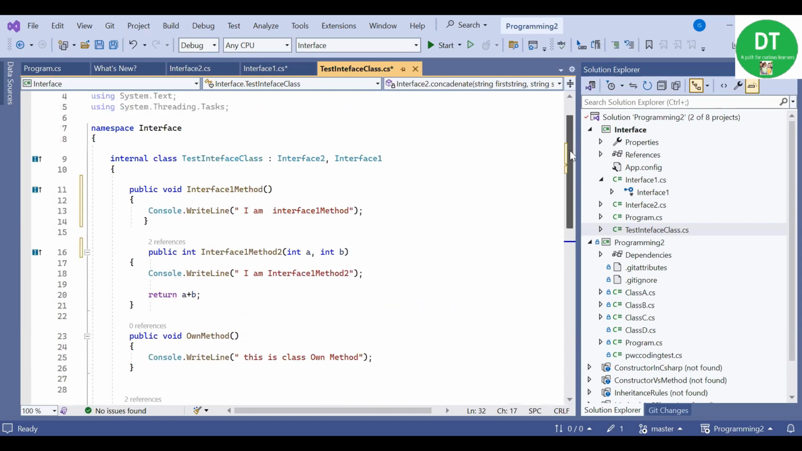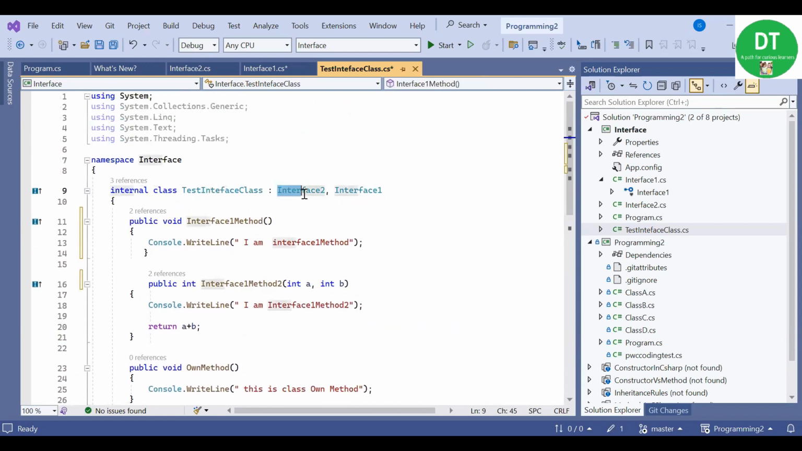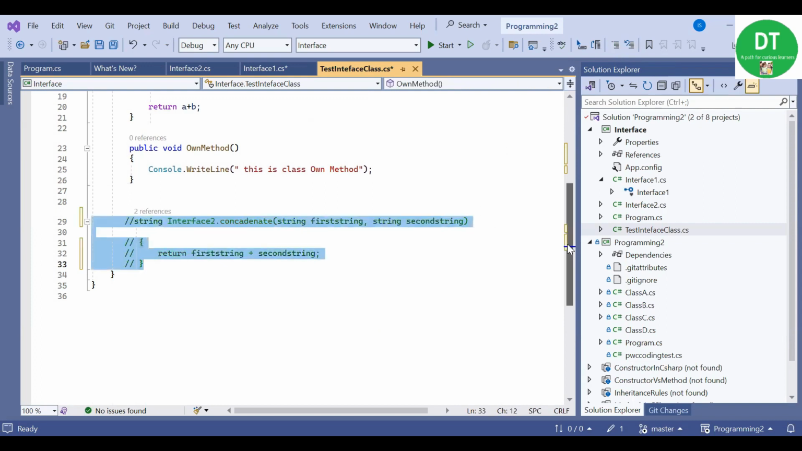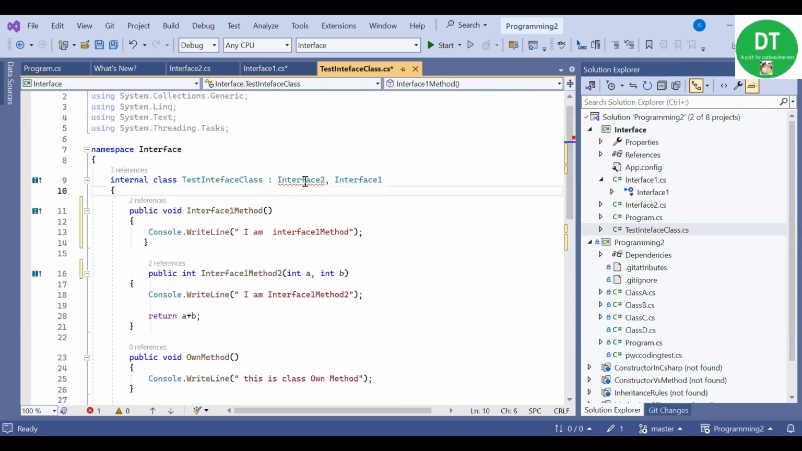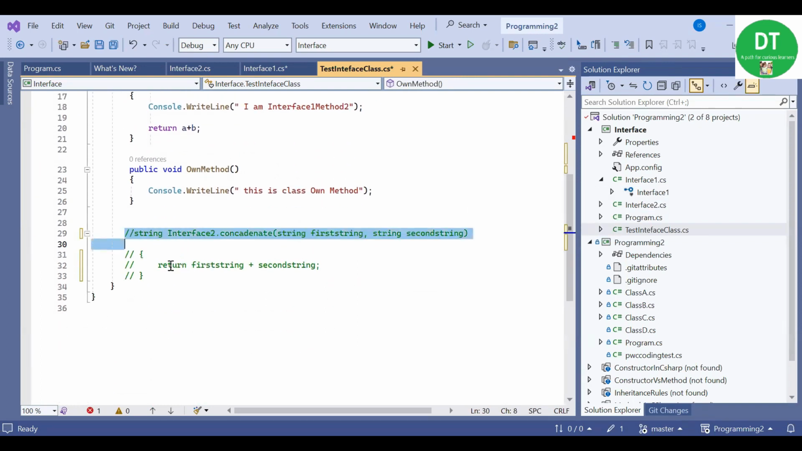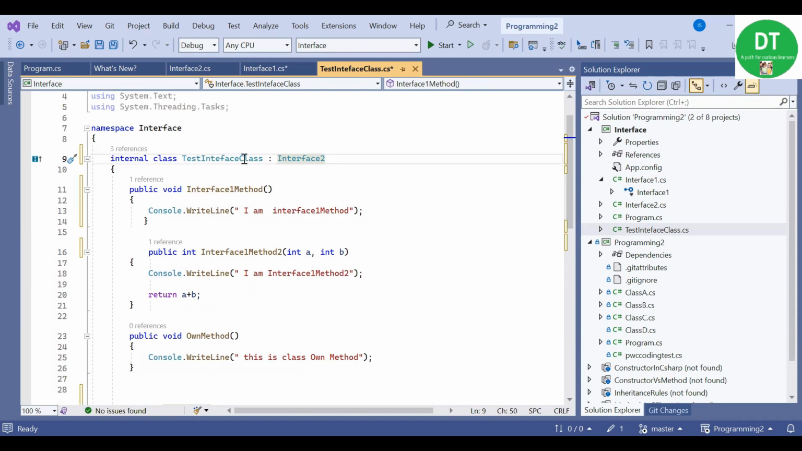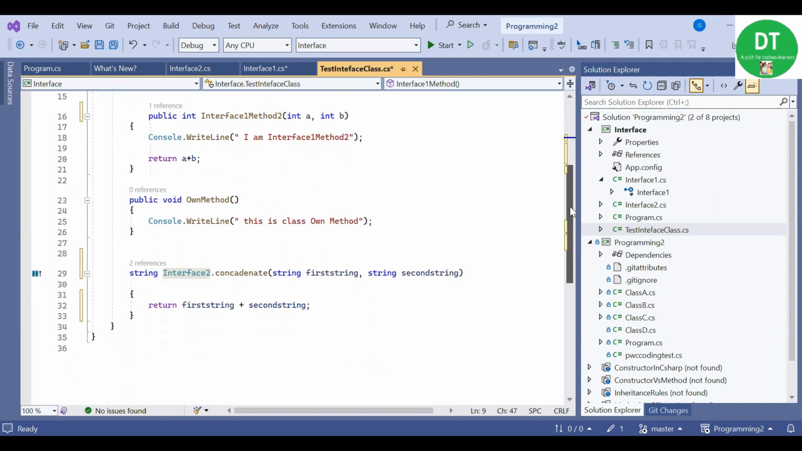So this is the implementation. And if I remove this, also if I comment this method of interface 2, I will also get the error that interface 2 has not been implemented. So in this case, I need to uncomment this. One more thing is that I can also do the implementation of only one interface here. If I remove this, my class is inheriting only this interface 2, and I'm not getting any error here,